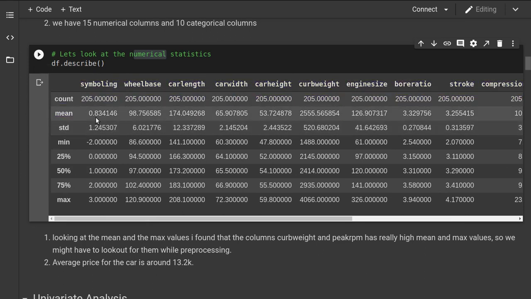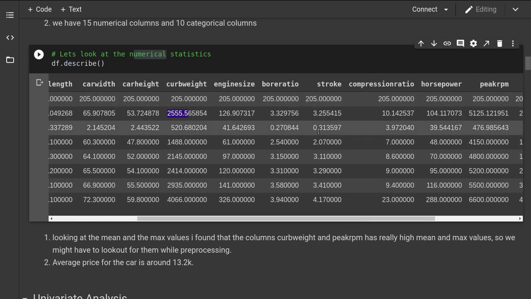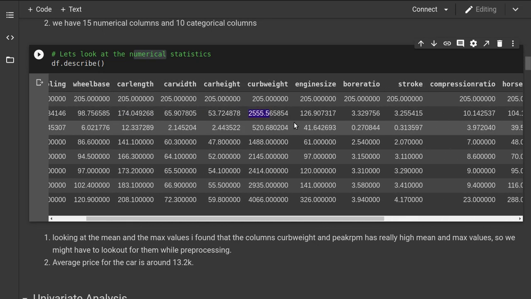So if we take a look at other columns, 0.83, 98, 174, 65, 53, then we have 2500. As you can see, the curb weight and the peak rpm have really high mean values, and other columns are just between the 100 or 200 range.